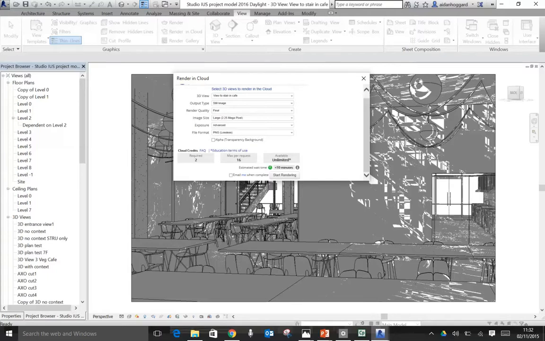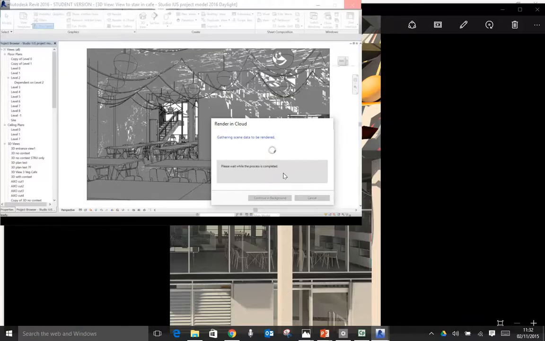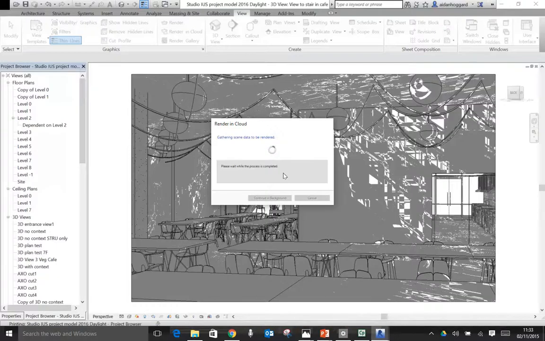Okay, so we're ready. You can check "email me when complete", but I'm not going to bother with that. So we'll send it off to start rendering. This file has a few missing materials in it. So we'll get a little warning message in a moment, which is just going to say that we've got a few JPEGs missing. And I keep meaning to fix them, but haven't got around to it. Basically, all it means is